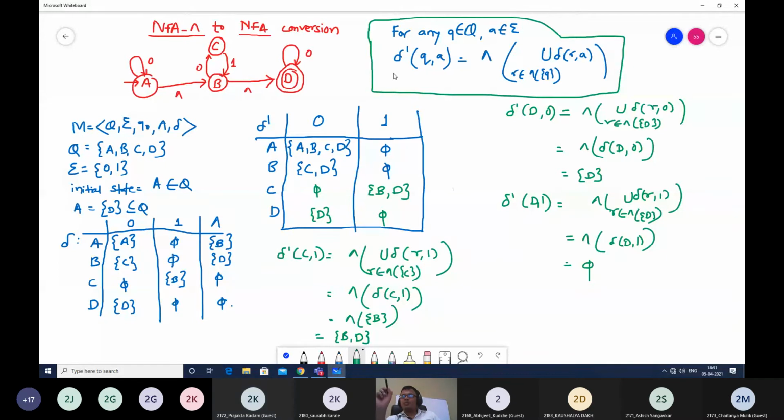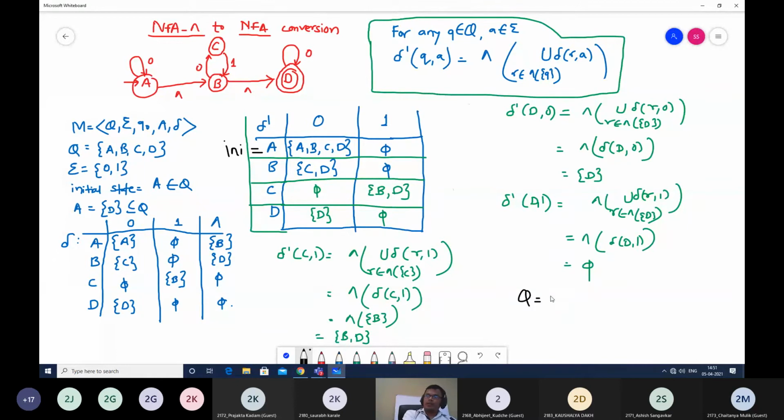So for every state and input symbol, we are going to apply that combination, and this helps us to find the corresponding NFA. So this becomes our resultant table of corresponding NFA. Now in this, my dear students, we have 4 states. The initial state of the given NFA null was A, so the initial state of the corresponding NFA will also be A. The accepting state in the original problem was D, so the accepting state of the NFA will also remain D.